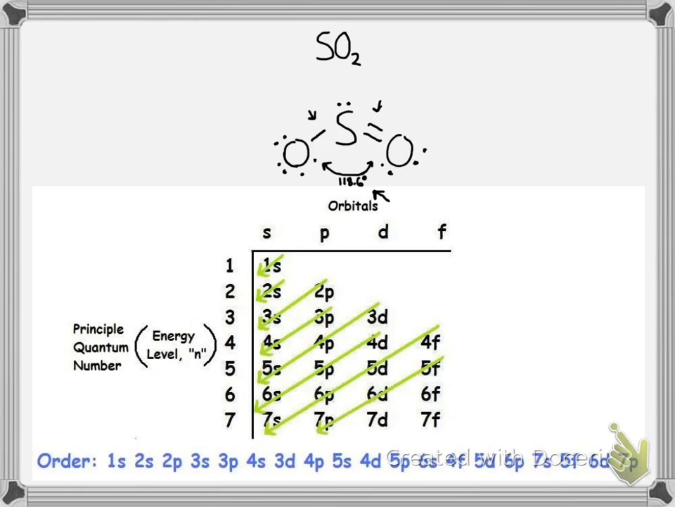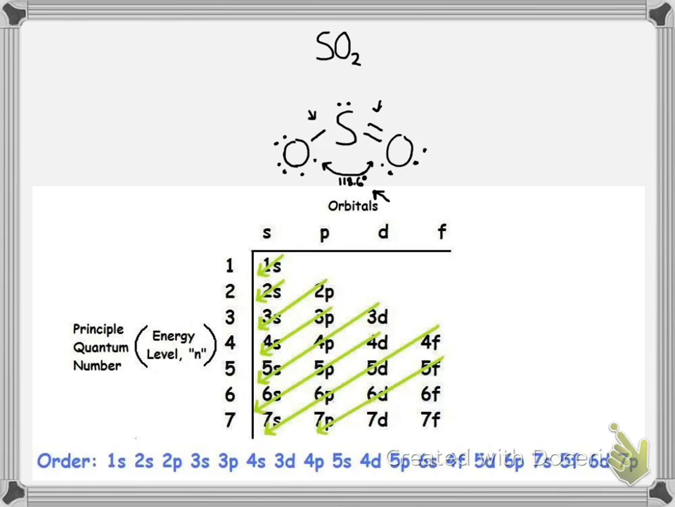So the first energy level can only have s, number 2 can have s and p, number 3 can have spd, and 4 can have spdf. And after that, it just keeps going up, with all of the energy levels having all of the different types of orbitals. So, if we wanted to look at the electron configurations in